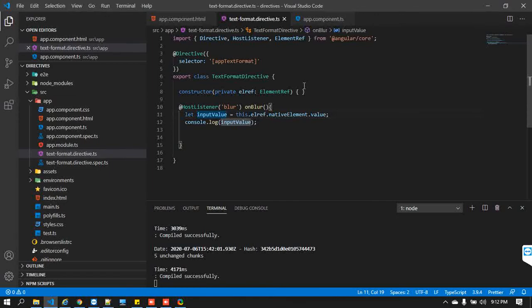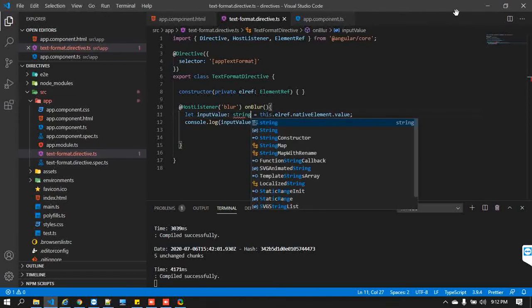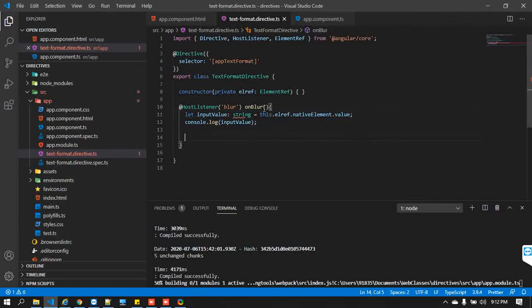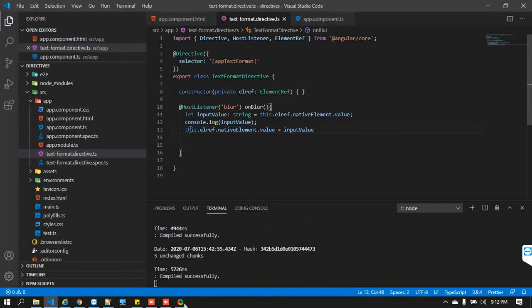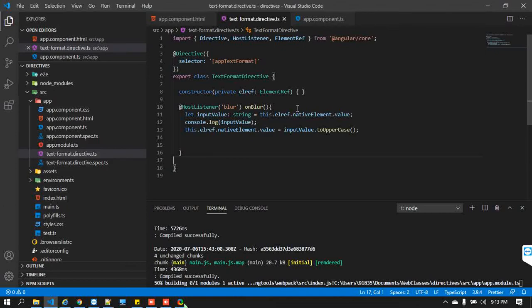Okay, now to do that, it's very simple. I'm just keeping the string, so this is nothing but string type. Okay, now this guy is nothing but string type. So let me take this guy again. So I'm just putting here. So now input value. So now to uppercase, I'm just using uppercase. Okay, so at this moment whatever value you enter will be converted to uppercase. Okay, save it. Now come back here.